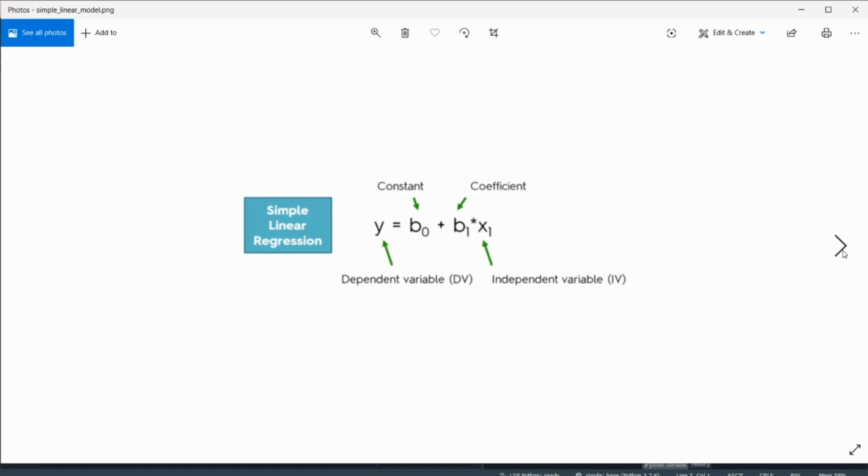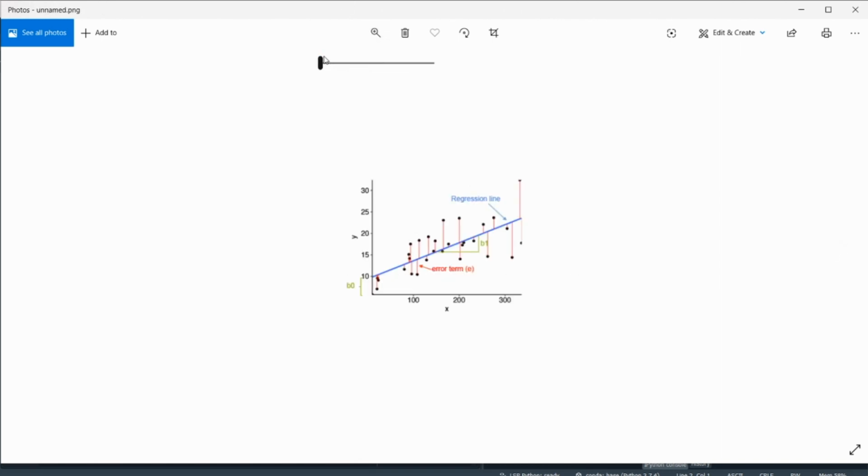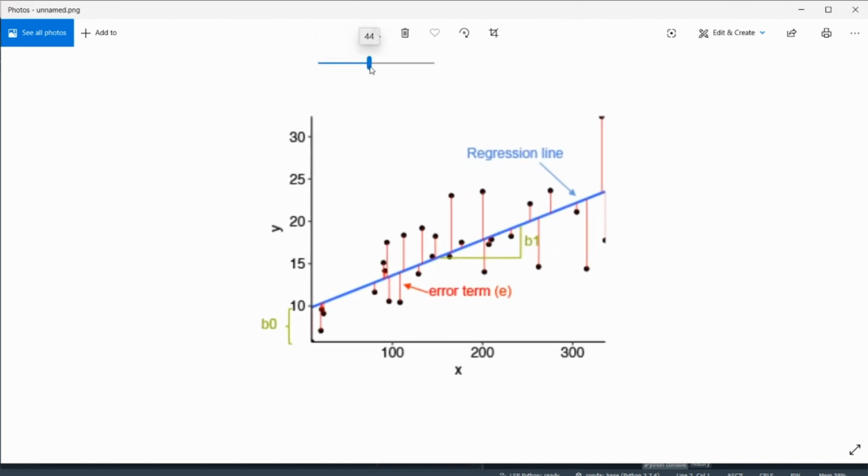Let's just see a graph to get a clear understanding behind the simple linear regression. Let's see, this is our graph where x is our independent variable and y is our dependent variable. Now you can see this is the intercept of the line of our model on the y-axis, and it's the value of b0, which is like 10, and b1 is the slope of the line. Now here let's say all the black points are the data points of our data set.